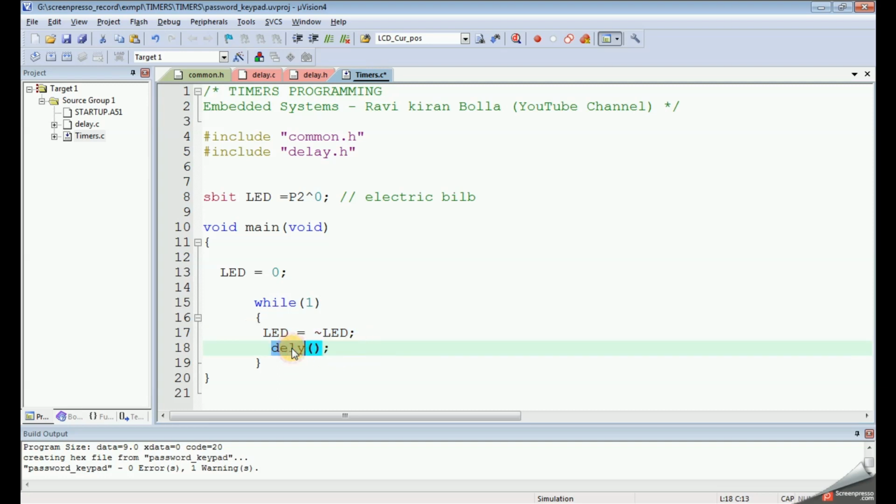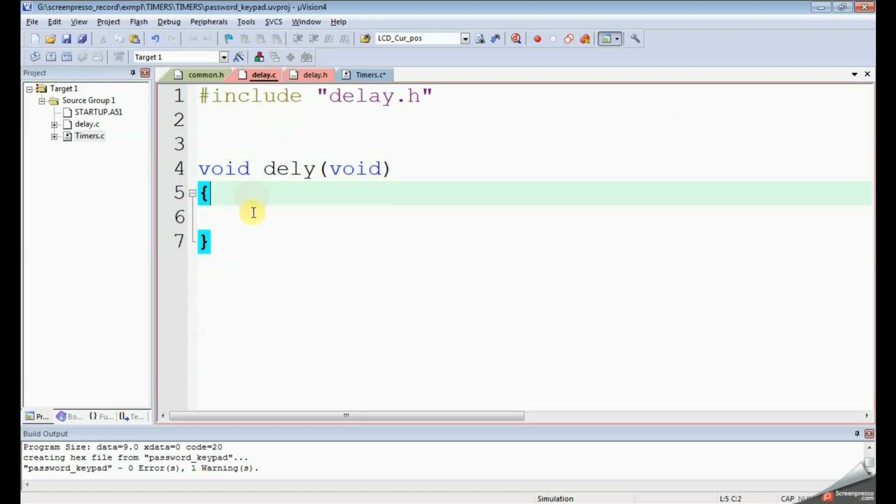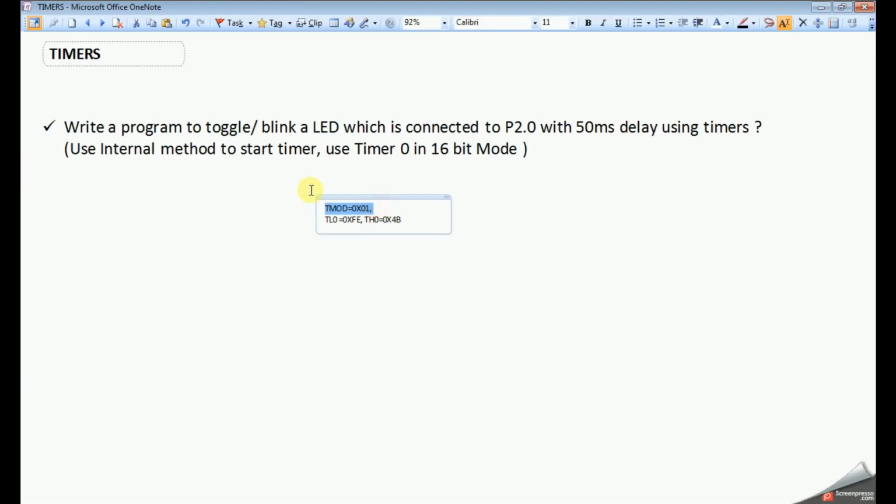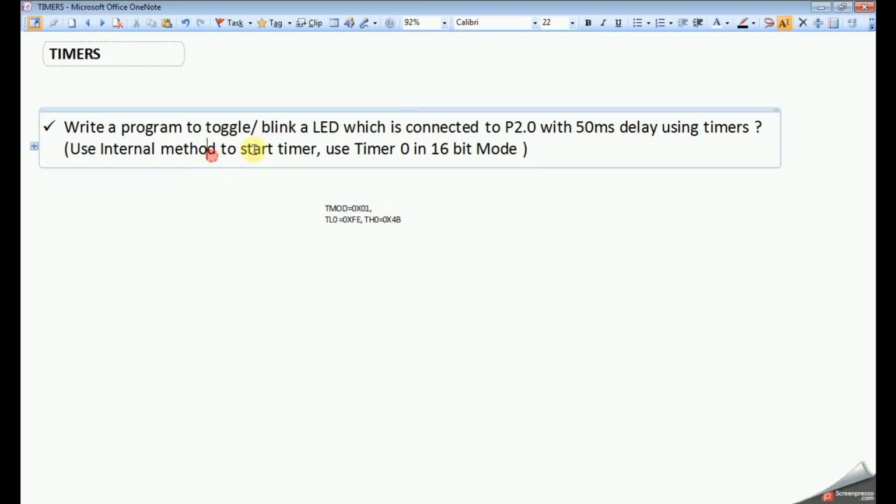This delay function we need to define with the configured values we already decided. So let's go to that function. This is the definition of that function. What TMOD value do we need to give? We need to give 0x01, which we already decided based on this configuration.